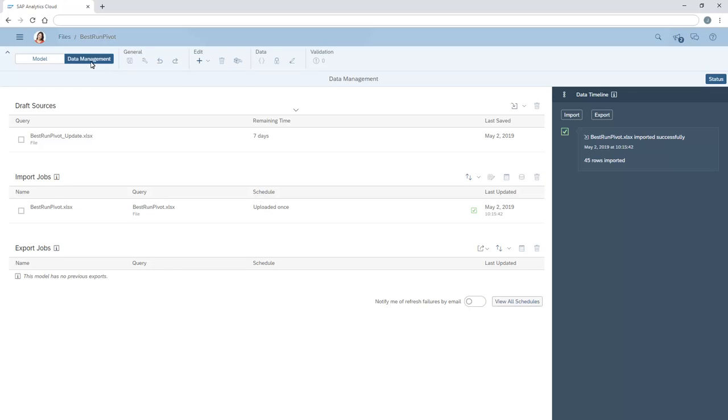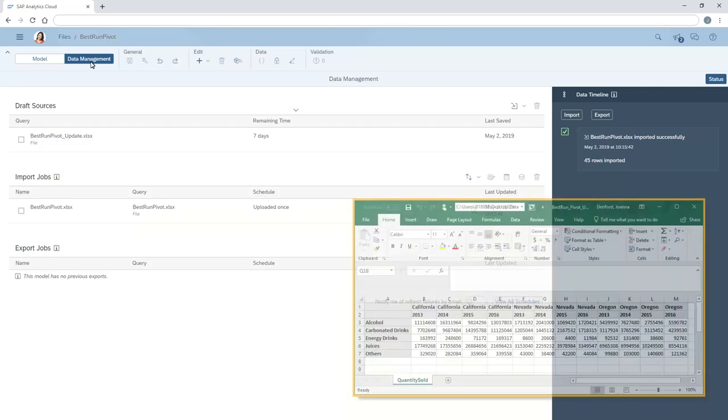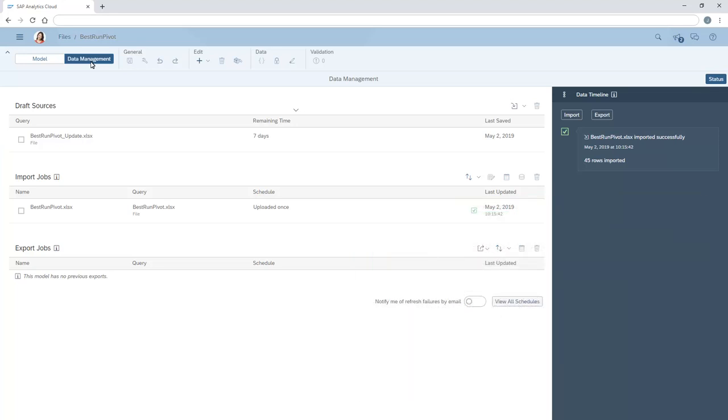Note that we can refresh the data for a model created using the unpivot transform only if the number of columns remains the same in the data source. Where new columns have been added, we need to import the data and run the transform again. Here, for example, we've imported a new version of the Excel spreadsheet with columns for a new year for each state. When we open the draft data,